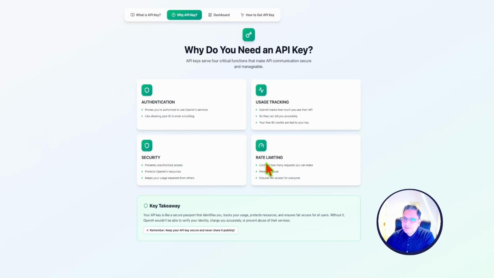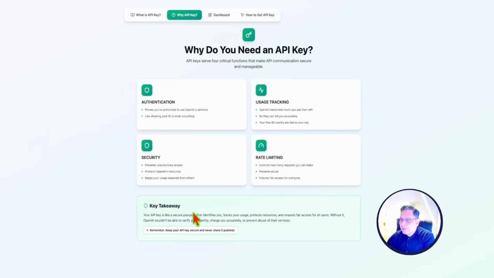And last, that is fourth, rate limiting. It controls how many requests you can make per minute, preventing abuse and ensuring fair access for everyone. Here is the key takeaway. Your API key is like a secure passport.